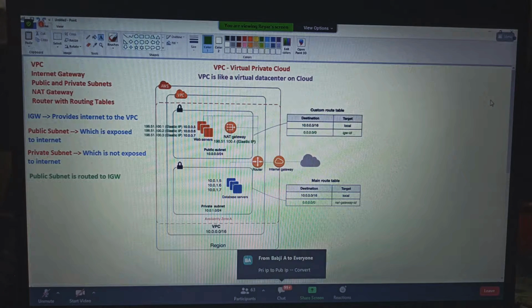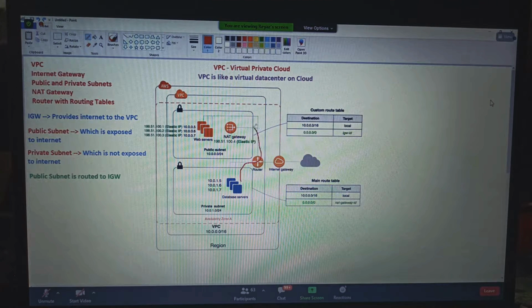So 10.0.1.5 will reach the NAT, and it will be converted to some other public IP address. With that public IP address, it will be routed to the internet gateway.